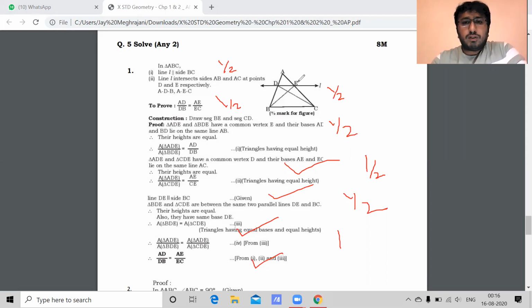Please make sure students you have done the construction with dotted lines. Given, to prove, construction, proof, all the 4 headings should be double underlined with pencil so that your presentation looks best. In the last, you have to write hence proved, comma, and the entire statement again. In theorems, you have to write hence proved, comma, and the entire statement again. So students, if you have not written given, to prove or not written construction, your marks will be deducted. So this was the proof of basic proportionality theorem.